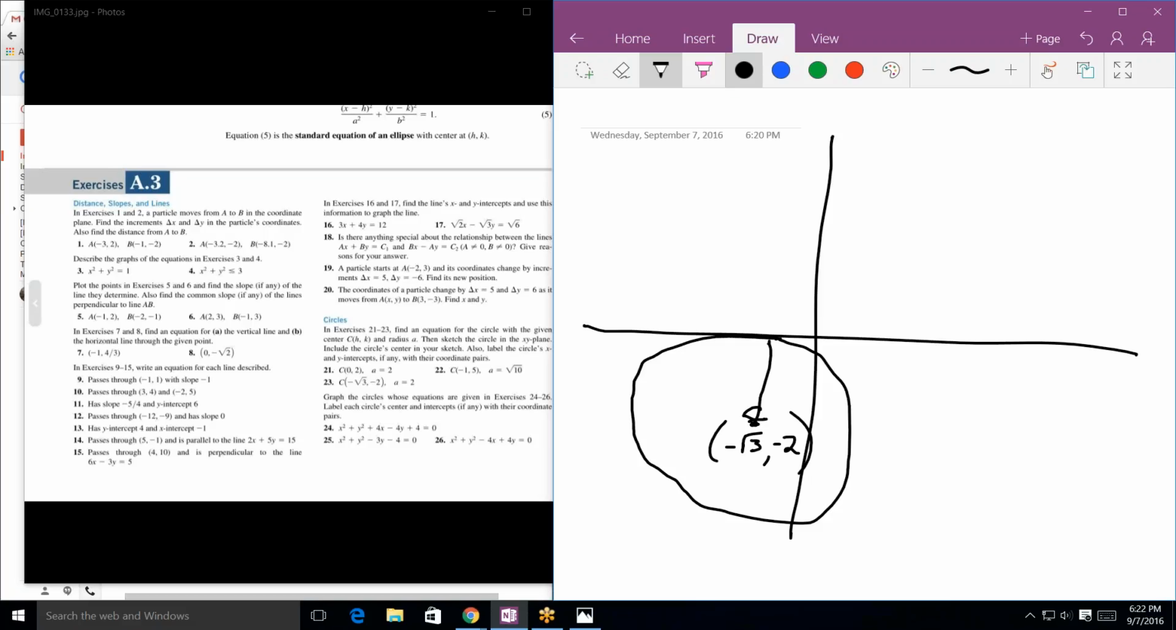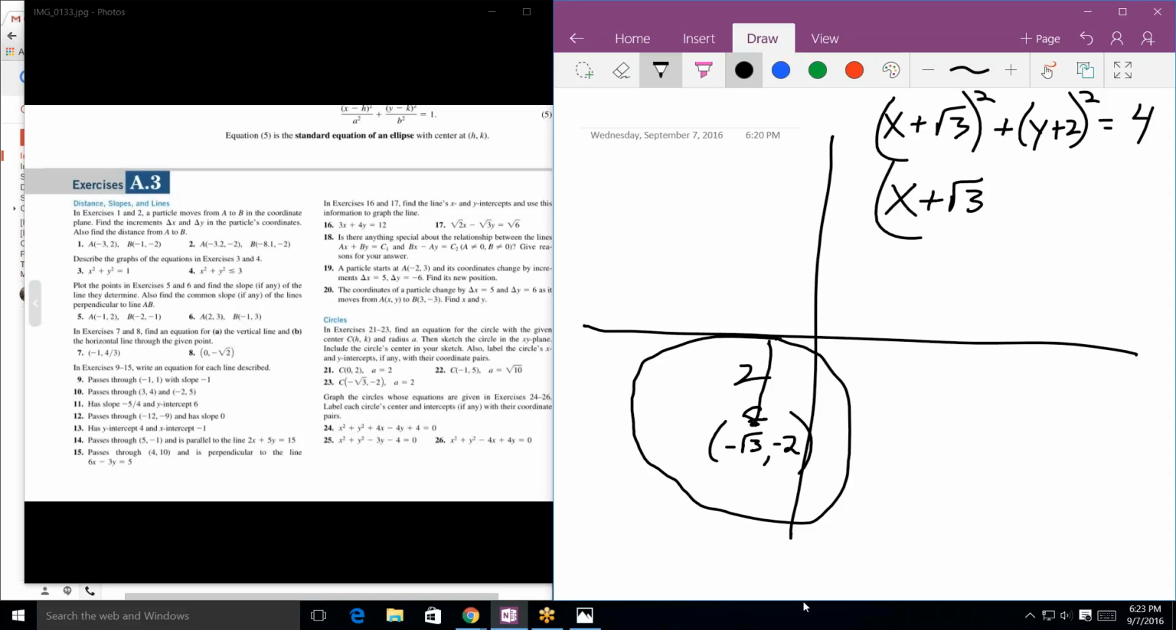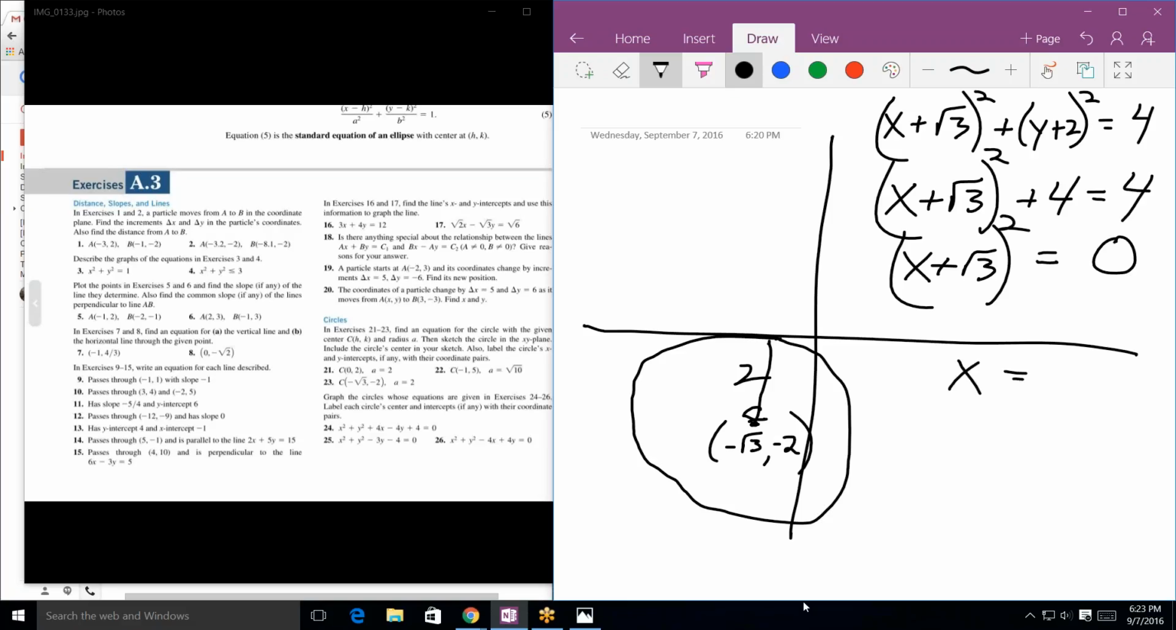Okay, true. However, let's examine the equation. It's x plus square root of 3 squared plus y plus 2 squared equals 4. And the radius was 2. So what's the x-intercept algebraically? So put a 0 for y, so x plus square root of 3 squared plus 4 equals 4. So x plus square root of 3 squared equals 0. So x equals,